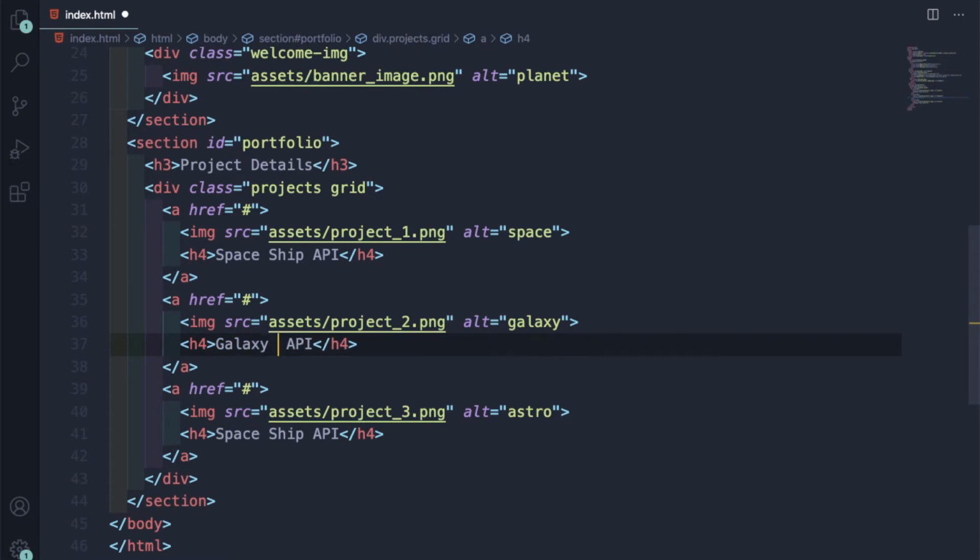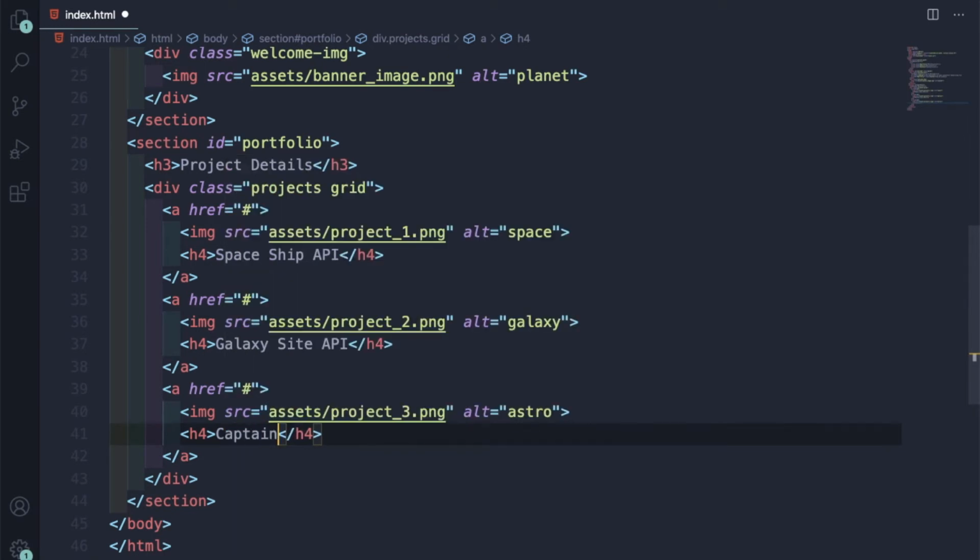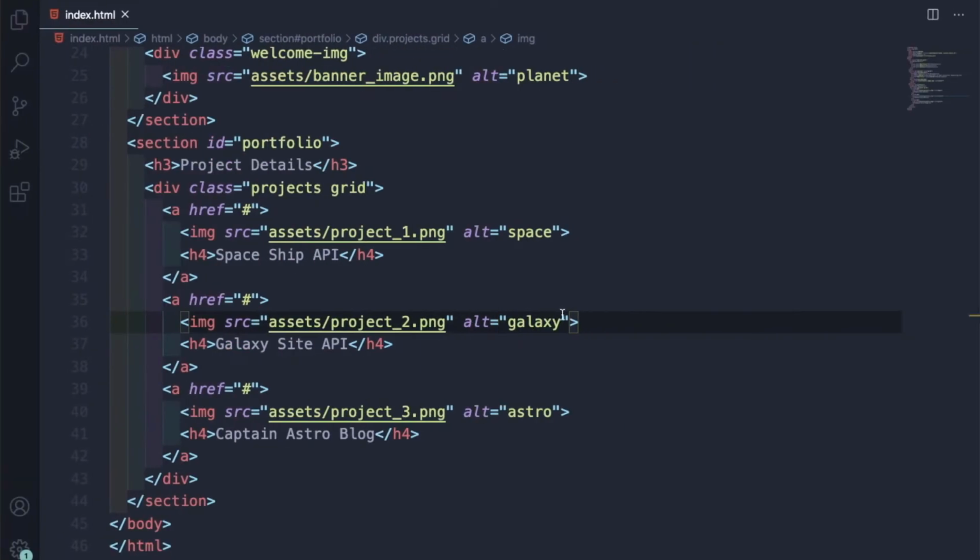Anything will work. Galaxy site API. Let it be Captain Astro block. Let me save it. And this is how it will look. So after that,